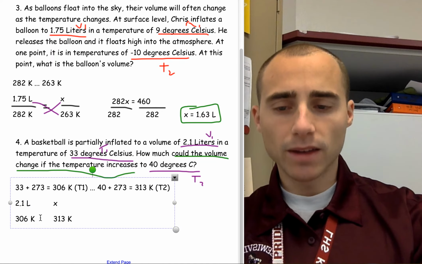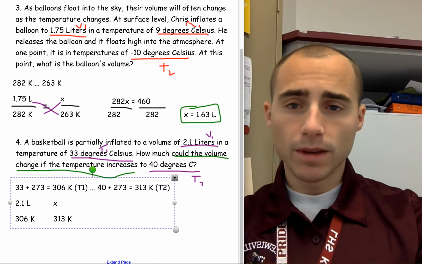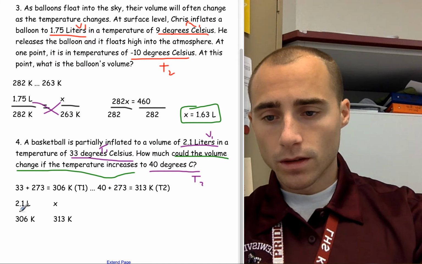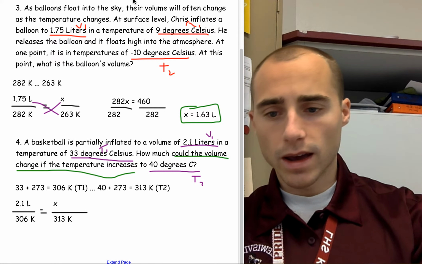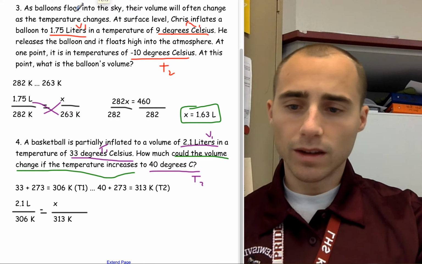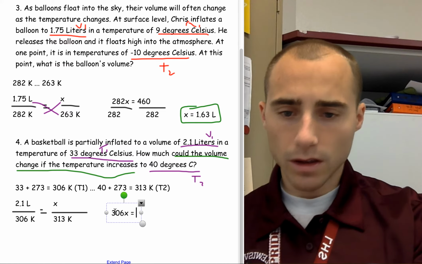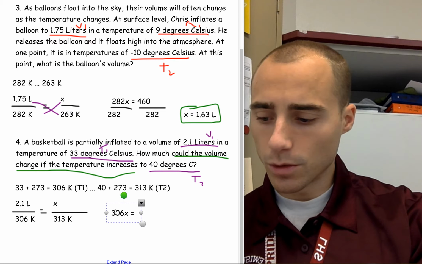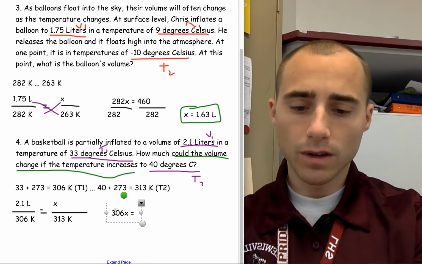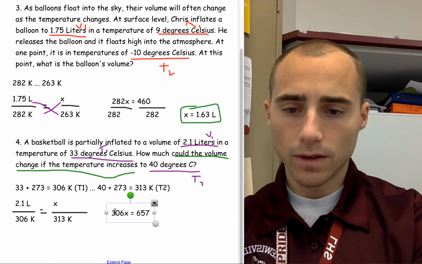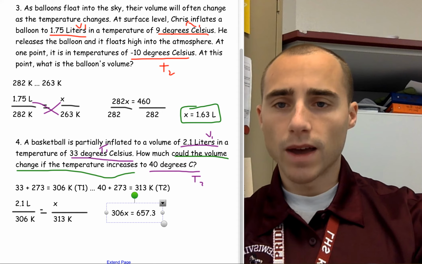So what would you expect is going to happen? The volume is probably going to increase, right? Because the temperature is increasing. There equals, so you have 306X. 306X equals 2.1 multiplied by 313, and that's going to give you 657.3, and then you just divide by